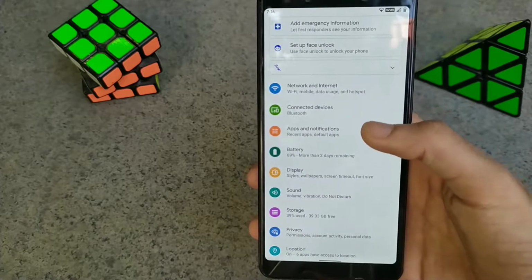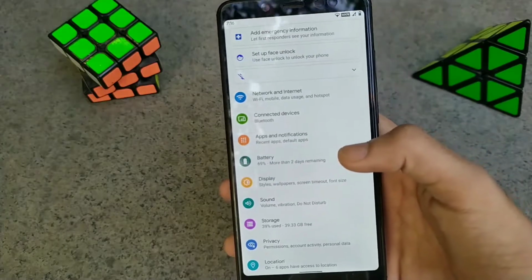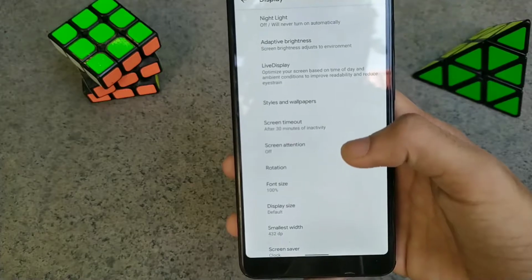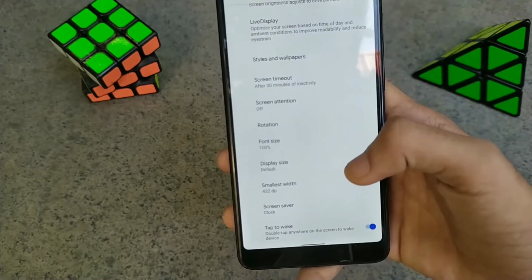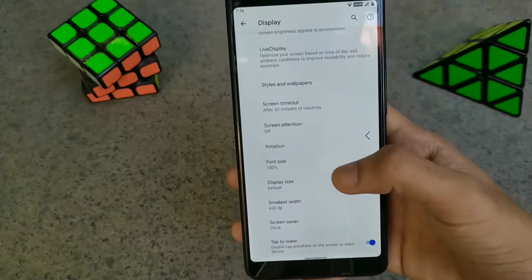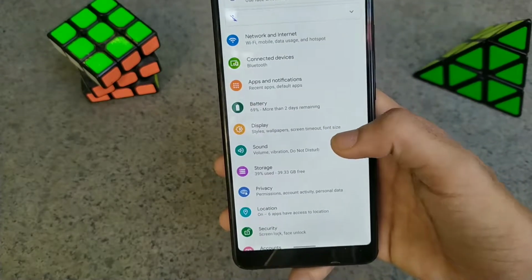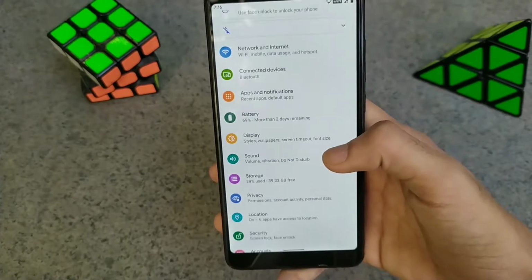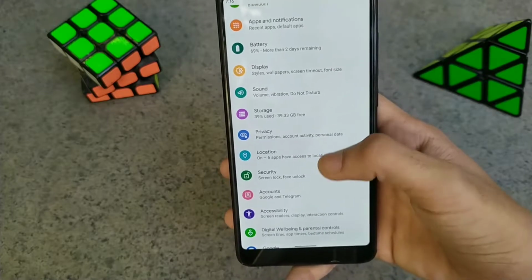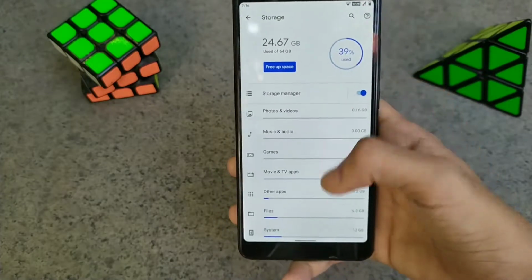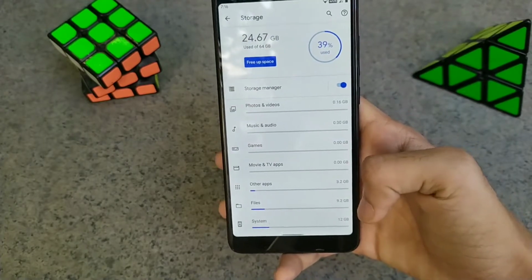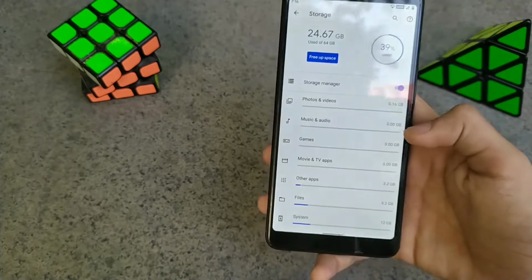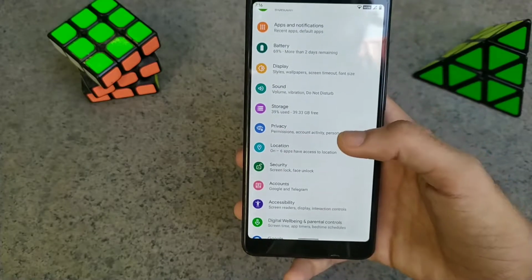Next, you have Bluetooth, apps and notifications, and battery. You even have the display option where you can set your screen timeout time. You have screen attention, and you can set your DPI value. You also have double tap anywhere to wake the device, as you can see. Next, moving on to sound, here you can set your media volume, call volume, ring volume, alarm volume, etc. Next, on moving on to storage, this ROM occupies just about 12 GB of storage. So you have nearly 45 to 50 GB of free space, which is more than enough for an average user.